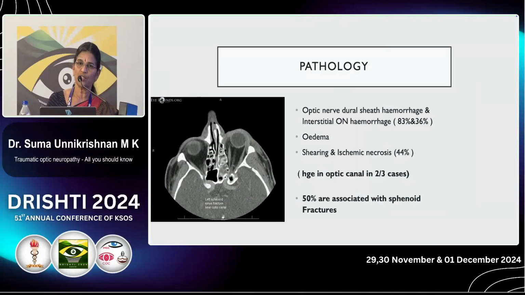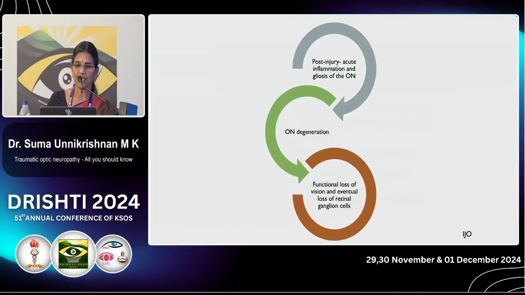Coming to pathology, it is due to dural sheath hemorrhage or interstitial optic nerve hemorrhage. It can also be due to optic nerve edema or shearing and ischemic necrosis, and hemorrhage occurs in 2/3 of patients in the optic canal, and 50% are associated with sphenoid bone fracture. After injury, there will be acute inflammation and gliosis of the optic nerve, which can result in optic nerve degeneration,